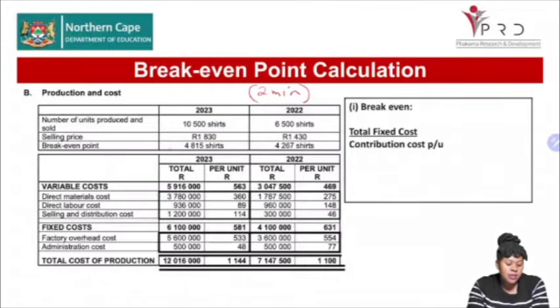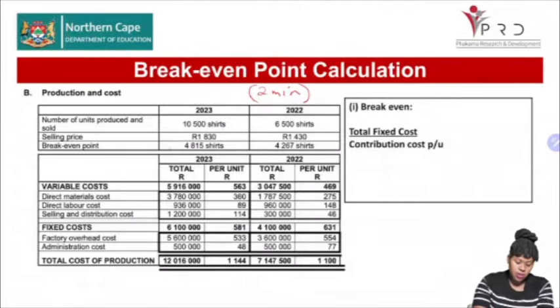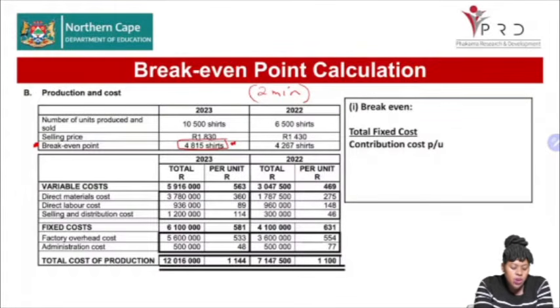Welcome back, grade 12. Now let's quickly look at the information provided for us. So you will see that the break-even point is provided to us for this year, okay? So we need to provide a calculation to indicate that this figure is correct. So we know that our formula is total fixed cost divided by contribution per unit. So what are we going to do? We are going to simply